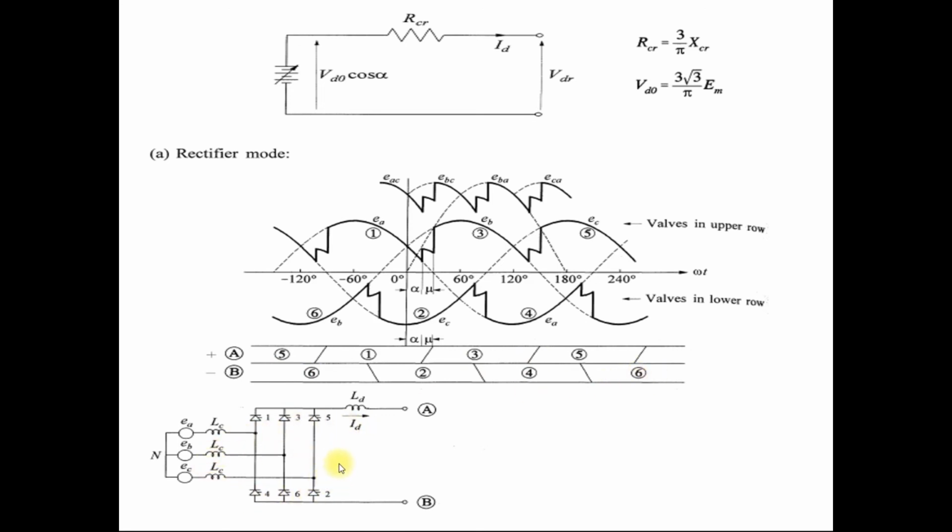So I hope you understand this operation of the HVDC converter in rectifier mode. First we considered without alpha, without considering overlap. Then we saw with alpha but without commutation overlap. And then finally we saw the operation and waveform with consideration of alpha as well as commutation overlap. So in this lecture you can understand the whole concept of rectifier mode of HVDC converters. I hope you understand this. Thank you.